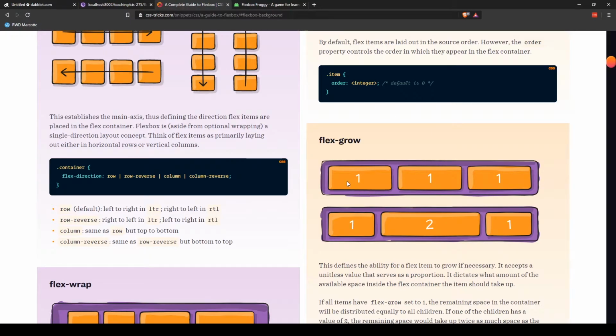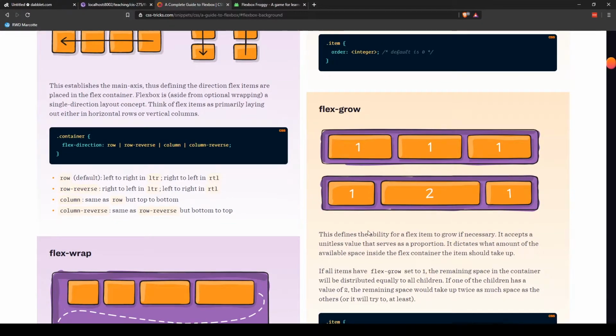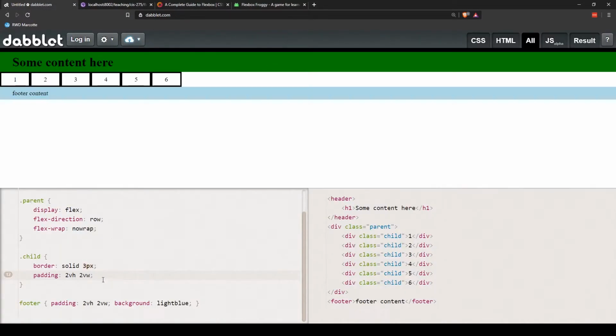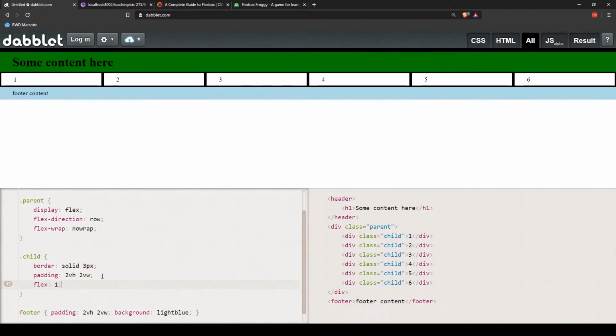So let me jump to that real quick. All right, flex-grow here. This defines the ability for a flex item to grow if necessary. So it's a unitless value that serves as a proportion. What this means is that if I go over here on the flex item, on the child, and change this to flex 1,